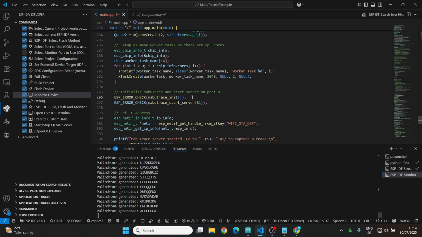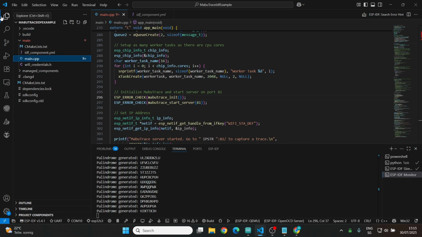And other than that, you don't get any information. In order to get the timing of the different functions that you want to see, you need to insert tracing macros. And the different tracing macros you can see if you go to